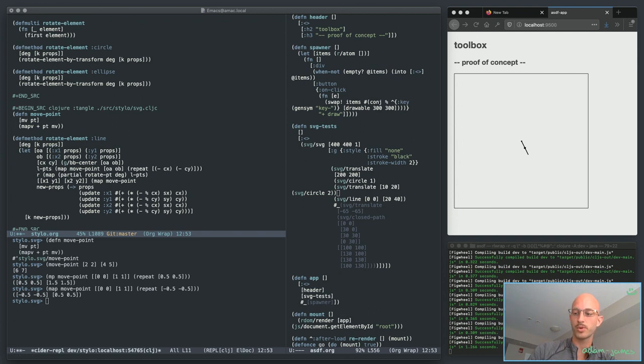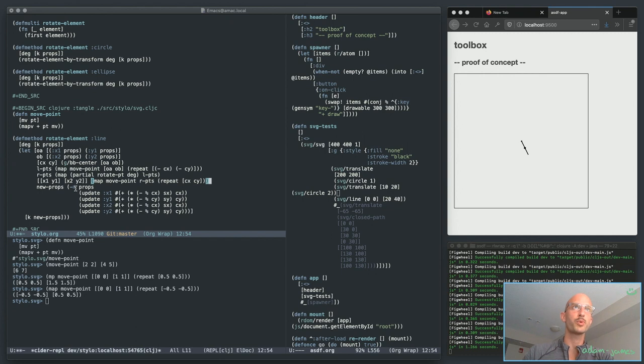We do R points, map move point, R points, repeat, CX, CY. So basically what I've done here seems maybe a little convoluted, but we'll go with it for the